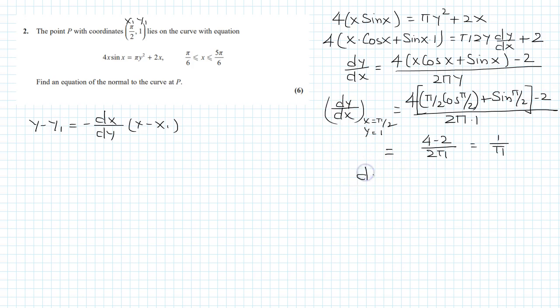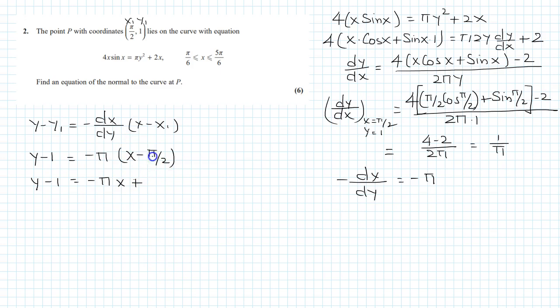So dy/dx over dy is negative pi. Now we put these values here. y minus y1 is equal to negative pi, x minus x1, where x1 is pi over 2. So y minus 1 is equal to minus pi x